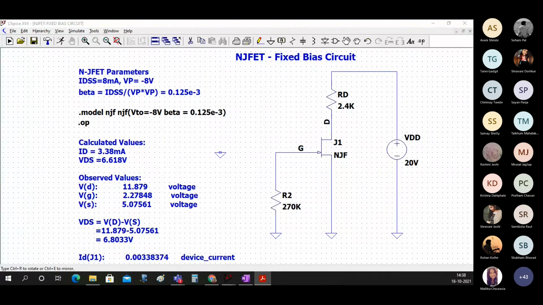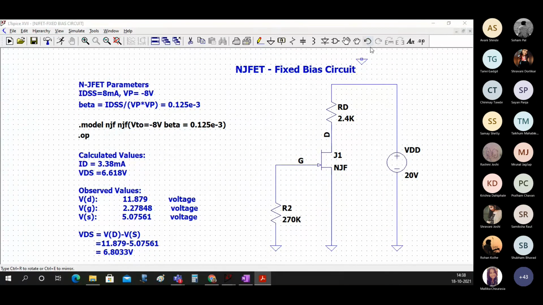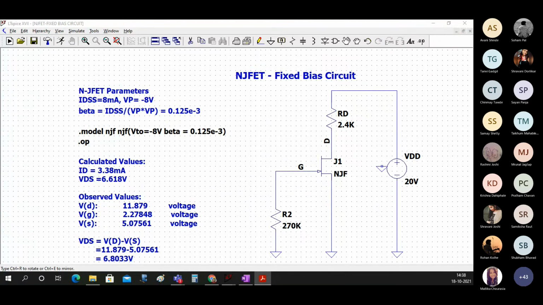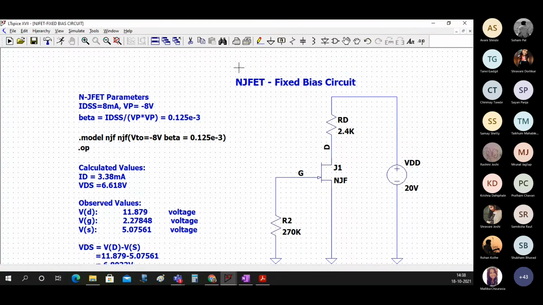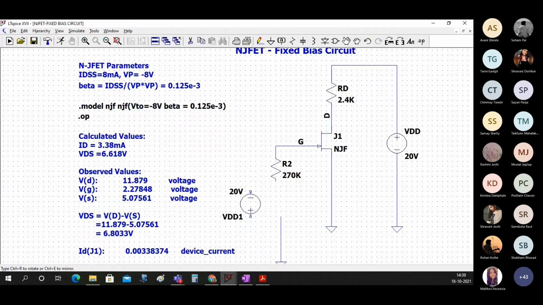And here we have a supply voltage. The bias is fixed, as the name suggests. I'll take this a bit up and make some space for this.